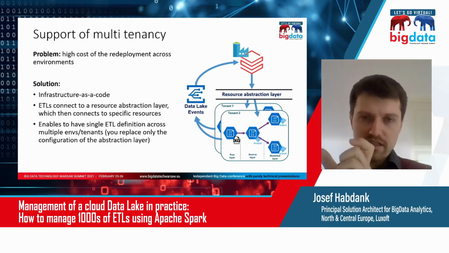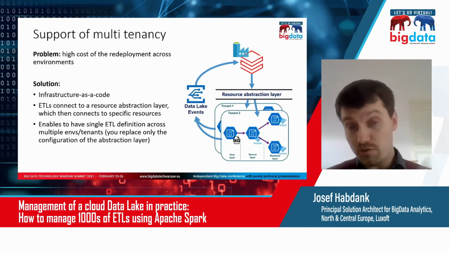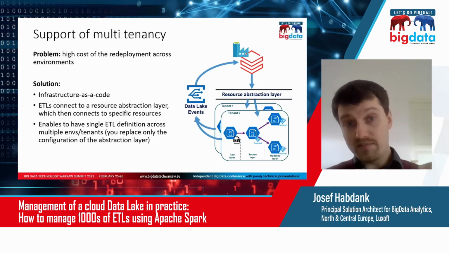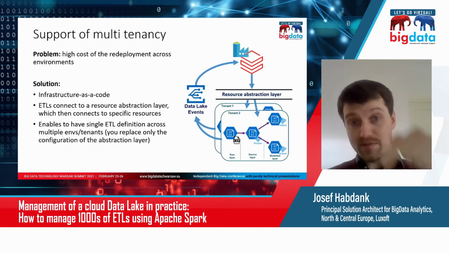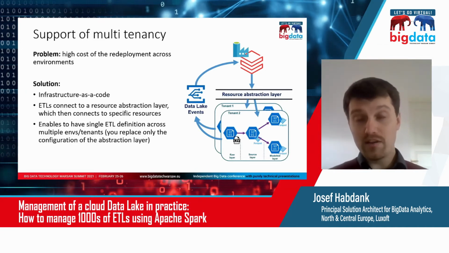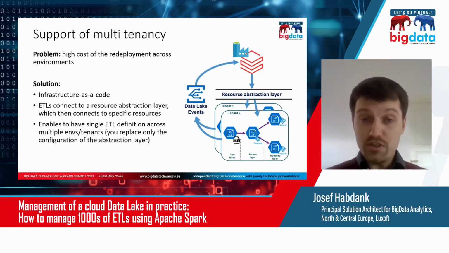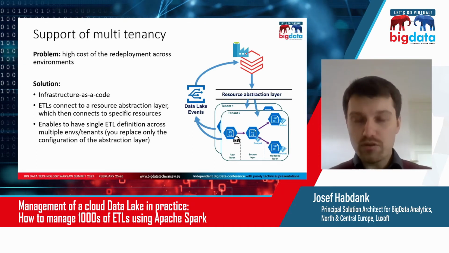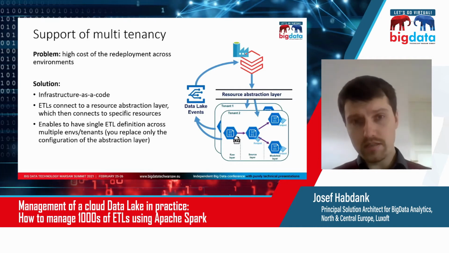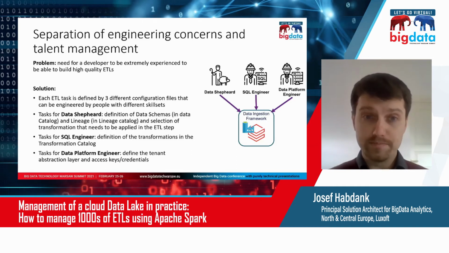All the database that is called, let's say, modeled layer, point there. He doesn't have to understand if there are 50 ETLs or 3 ETLs. He doesn't care about these things. ETLs are defined above the abstraction layer, which means they point to abstract pointers. And if there are 3 or 100, it doesn't really matter. And then the DevOps guy who's going to make a new environment, he just cares about the resources that are being interacted with, not about the actual components. And that's maybe a subtle difference, but it makes a huge difference in the next topic I'm going to discuss, which is separation of engineering concerns and talent management.